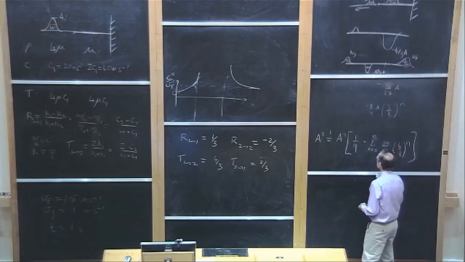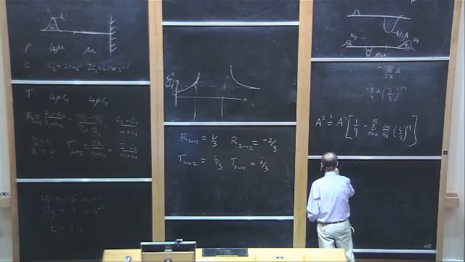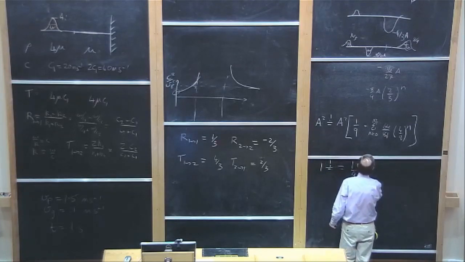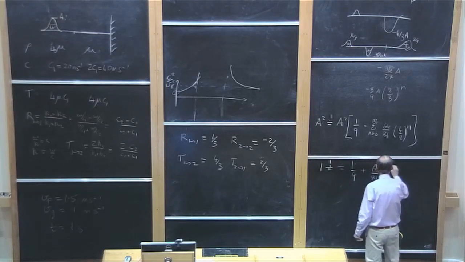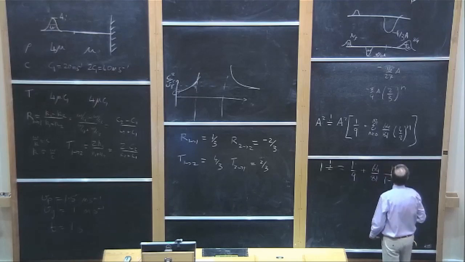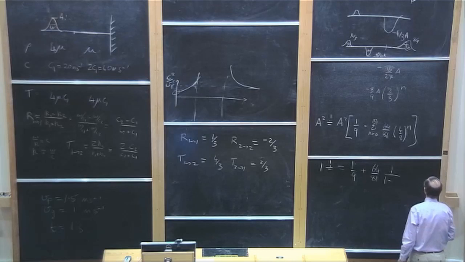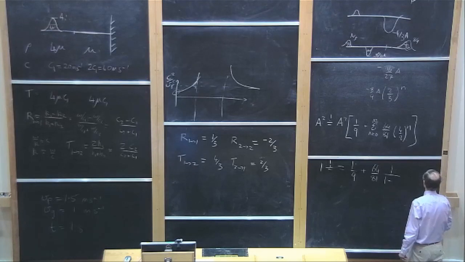And that geometric progression, so 1 ought to be equal to 1/9 plus the geometric progression whose first term is 64 over 81, and the geometric ratio is 4 ninths, so it's